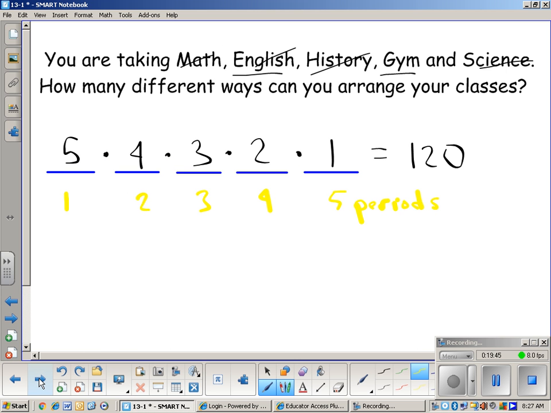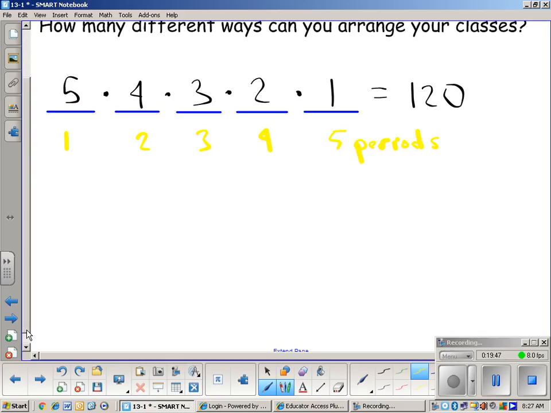Another simple way of looking at this is if I was putting my books on a shelf. Let's take a second and list all the classes we might have here. Okay? Maybe not all of them, but let's list a few of them. Let's say we have math, we have science, we have English, we have history, we have art, we have culinary, gym,